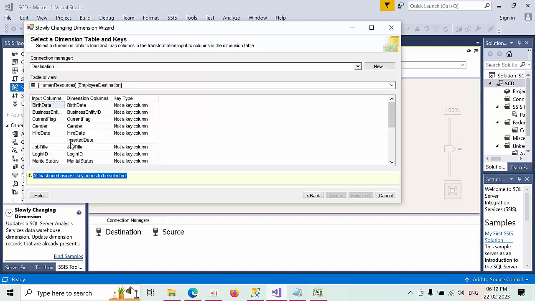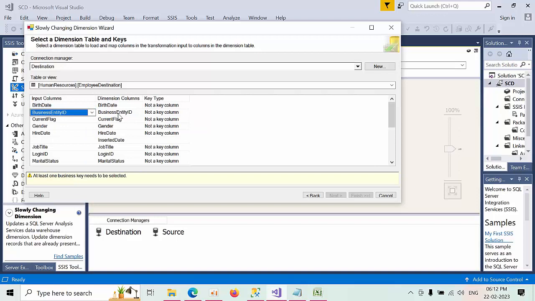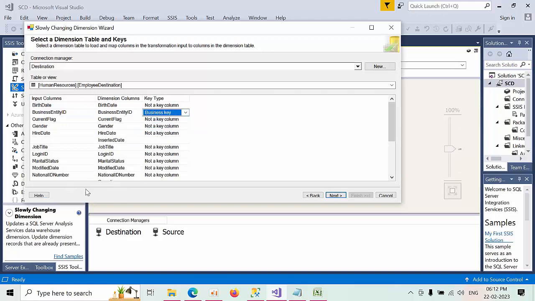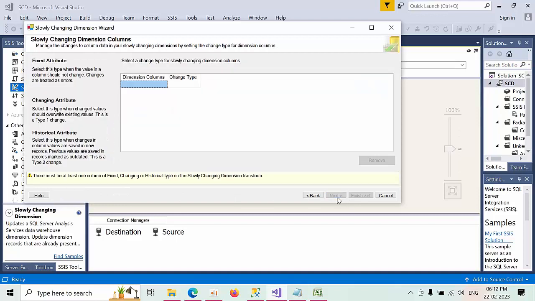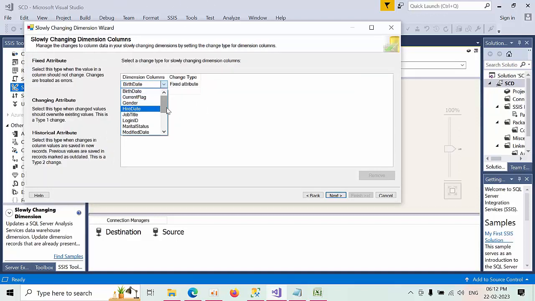Okay, now so I am taking this business entity ID as a business key. See, the error has disappeared. Click next. Here I need to select the columns. Okay,